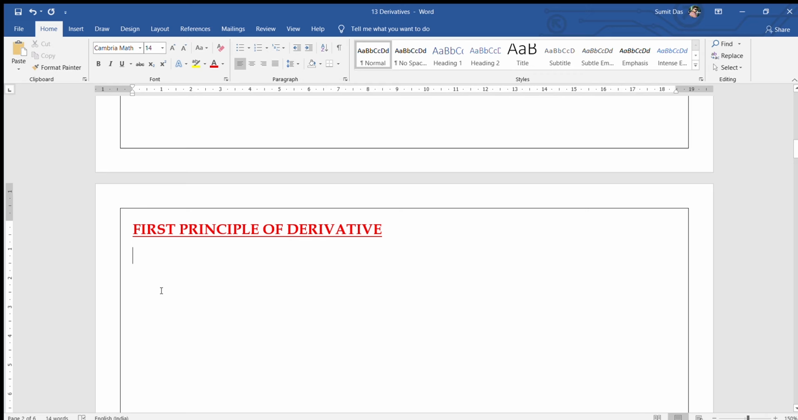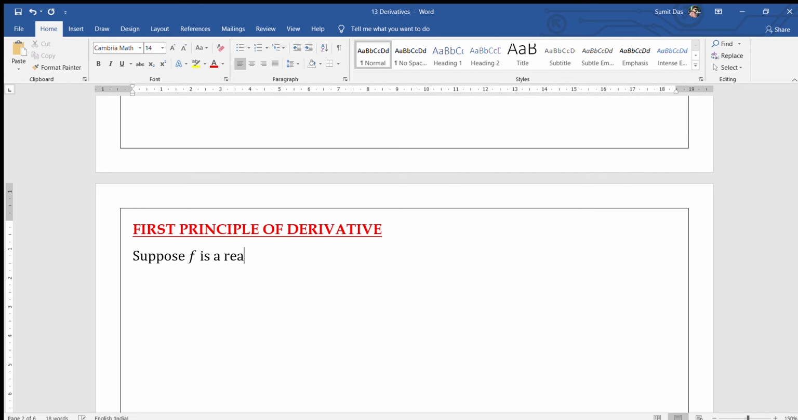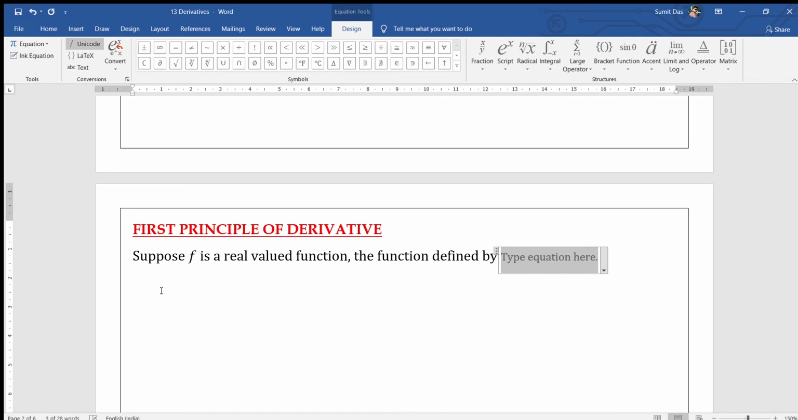What this derivative is saying: suppose f is a real valued function, the function defined by